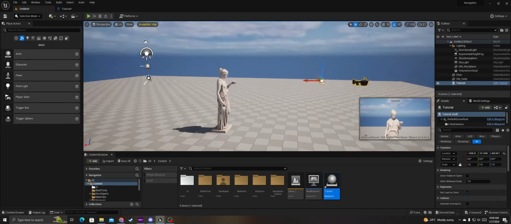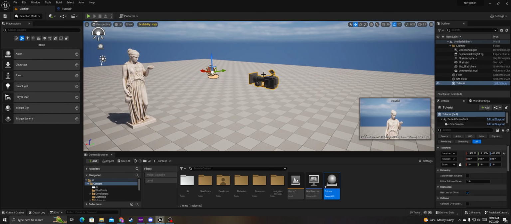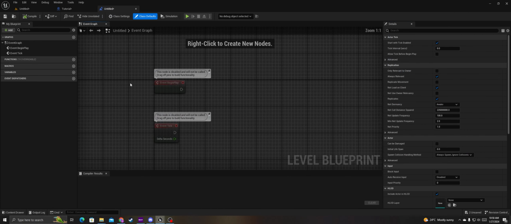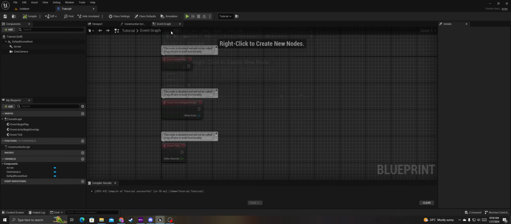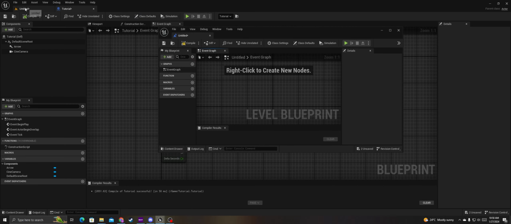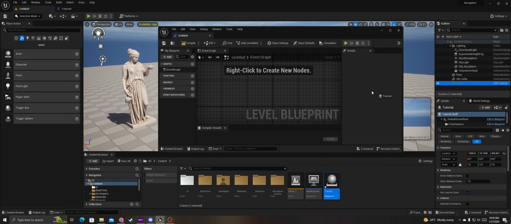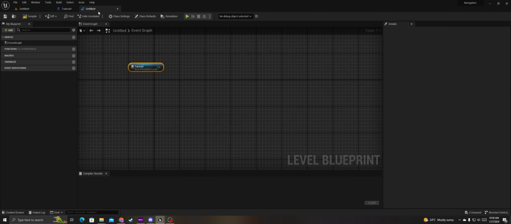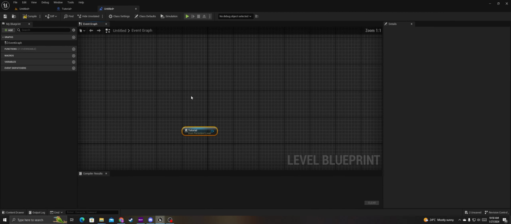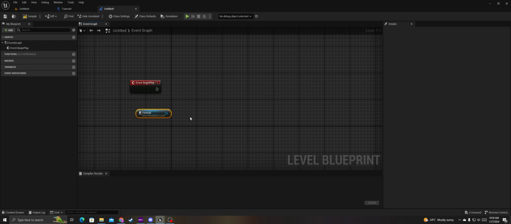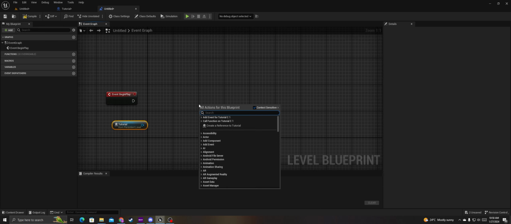So when you drag and drop the camera, the issue that you face is that when you play, it doesn't play the camera that you want. So what we can do is open the level blueprint. In the level blueprint, we just drag and drop the camera that we entered. We drag and drop it inside the level blueprint, and on event begin play, we're gonna get a node called